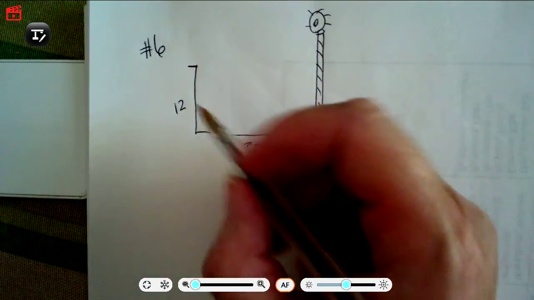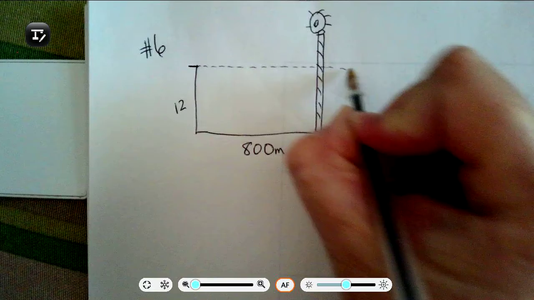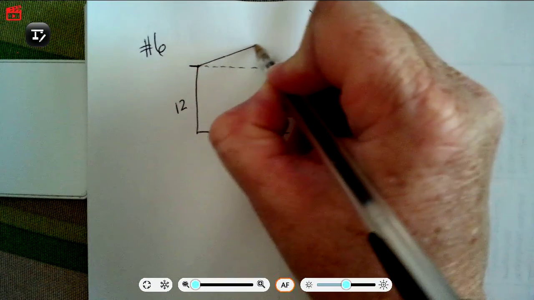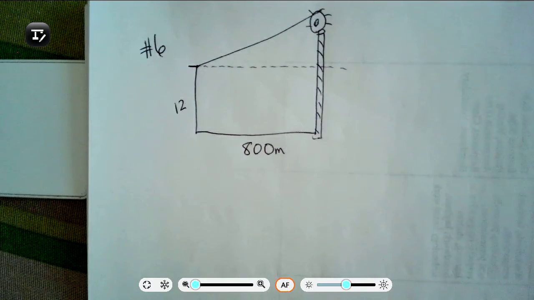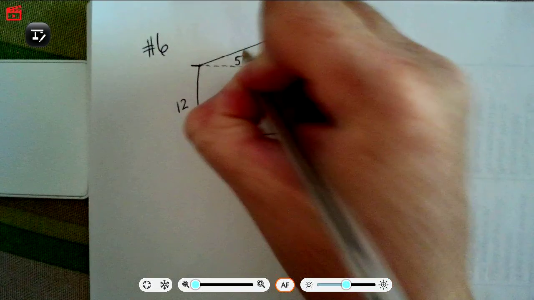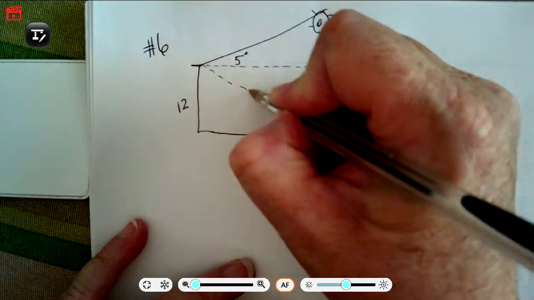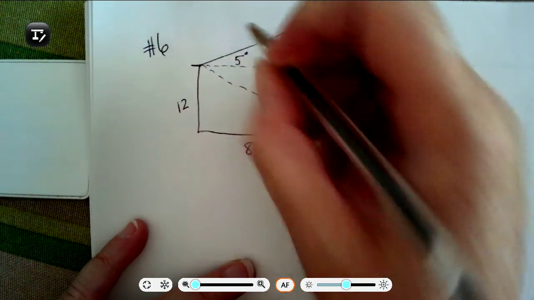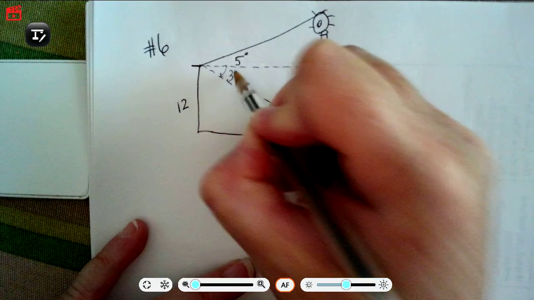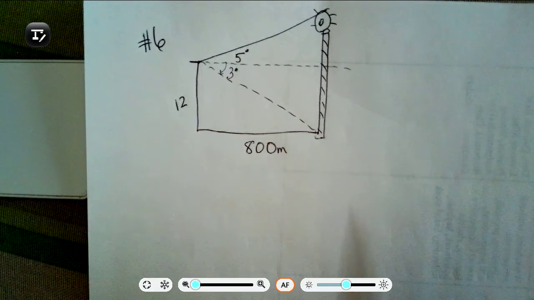And so, again, if we're thinking about that horizontal line of sight, then her angle of elevation from the deck to the top of the lighthouse is a 5-degree angle of elevation. We also know that her sight going down and looking to the very bottom is 3 degrees. So her angle of depression is going to be right here. So that's 3 degrees. Okay. So what it's asking us for is the height of the